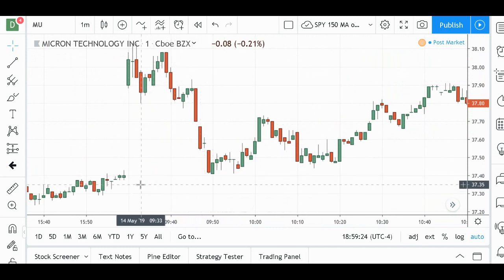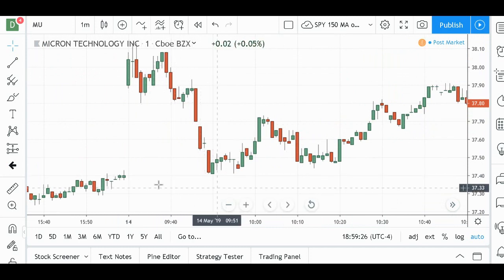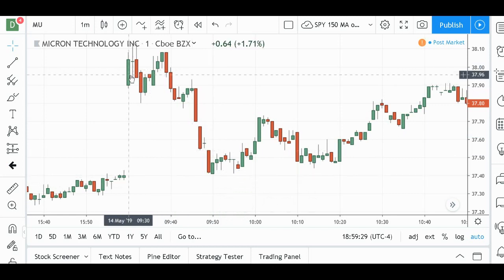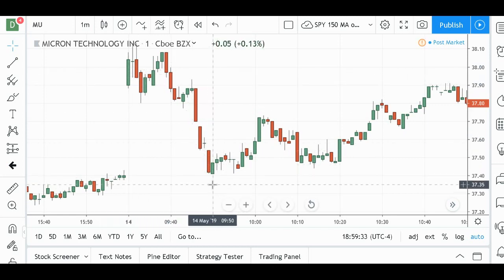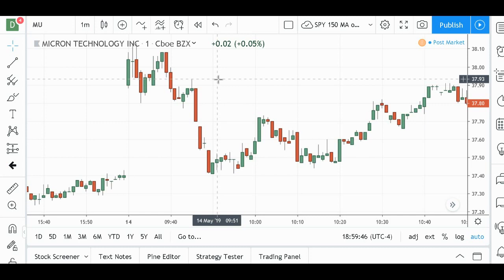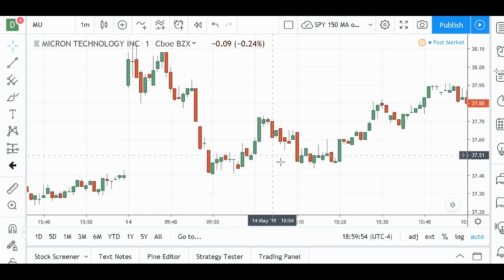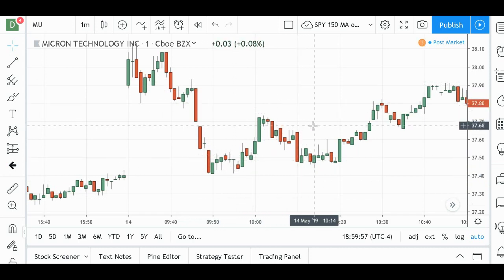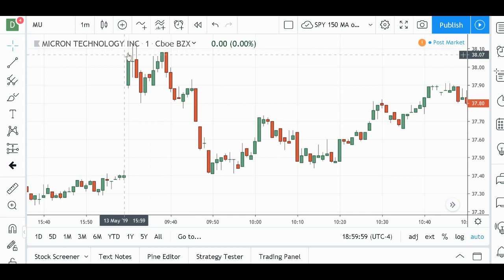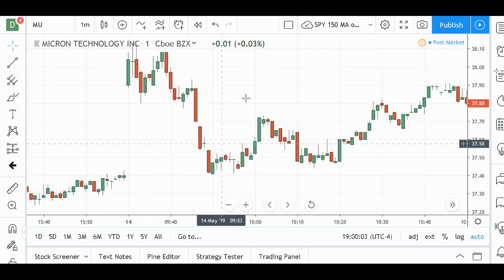All right, so what you want to do if you want to try the strategy out is wait for a nice big gap up and then a full retracement. That's powerful. And then you can step in, start accumulating, or take a long position if you want to. Now, where you put your stop loss, where you put your profit target, that's a whole separate video. I do have a video on that. I'll put that in the link below this video in the description if you want to learn about stop losses and profit targets, things like that. But your profit target in this case could easily have been the height of the gap there. All right, so let's take a look.